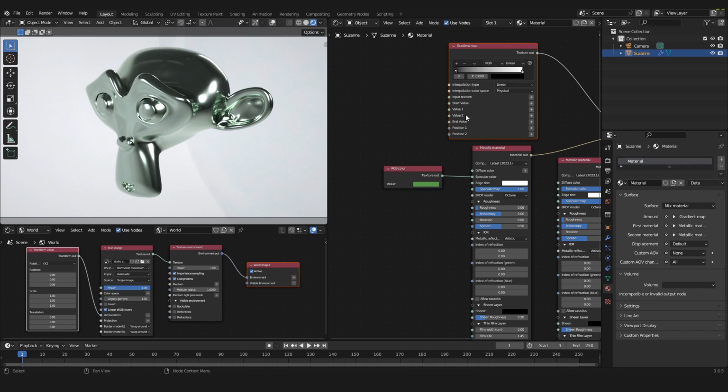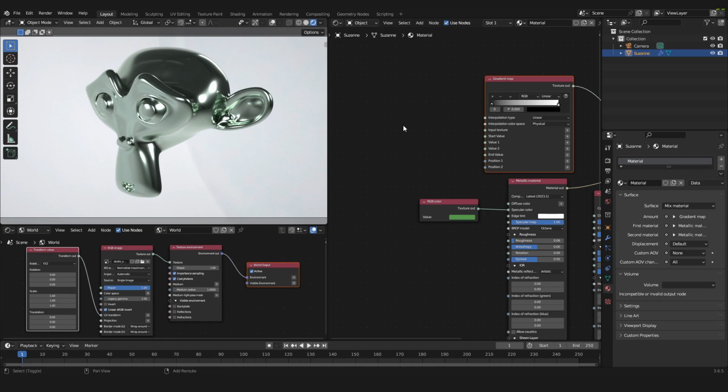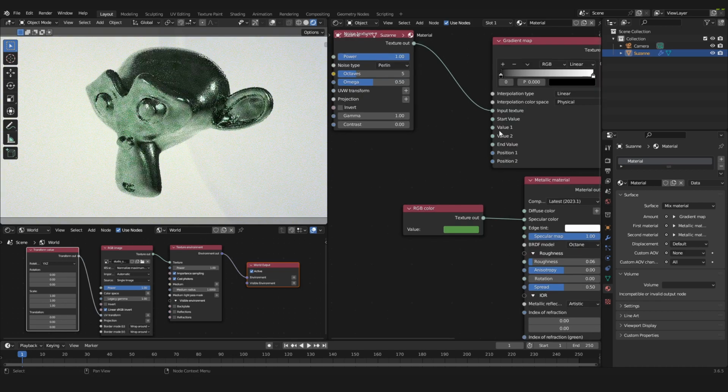And now we will have to add in another node, and this will be a noise texture. So Shift A again, and we look for the noise texture over here. We will take the texture out of our noise texture and we put it into the input texture connector, just